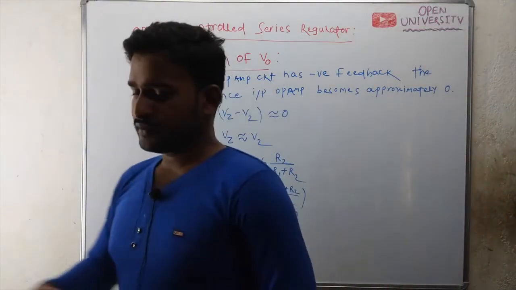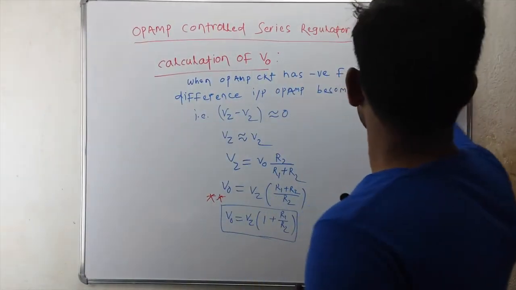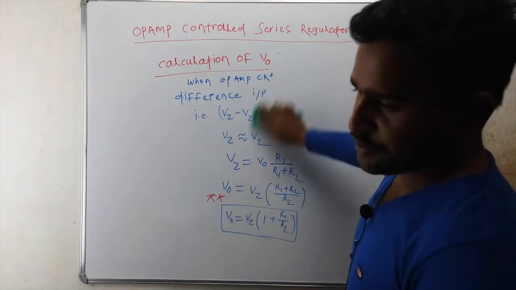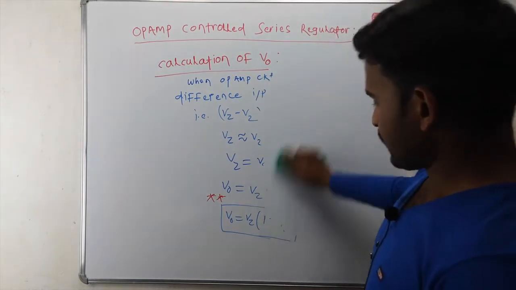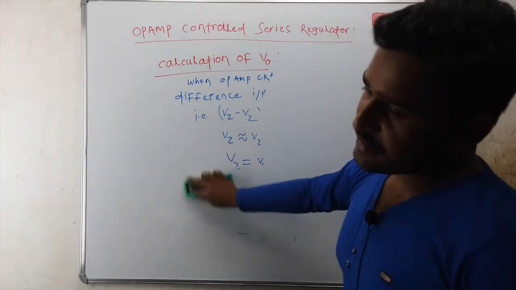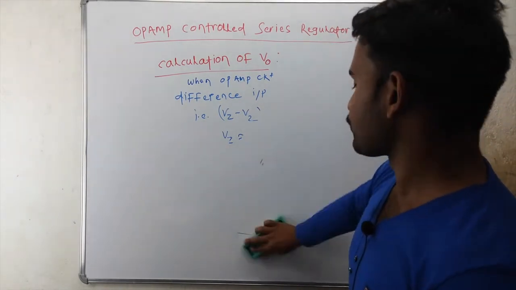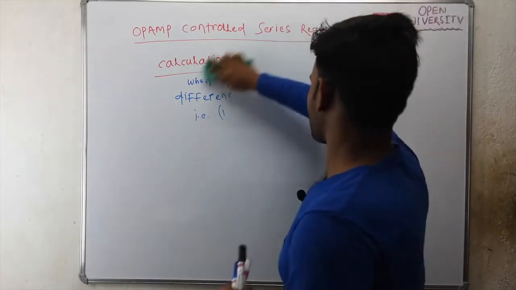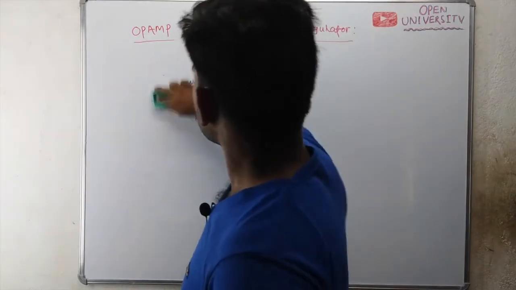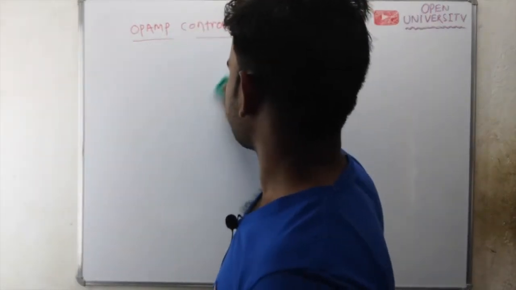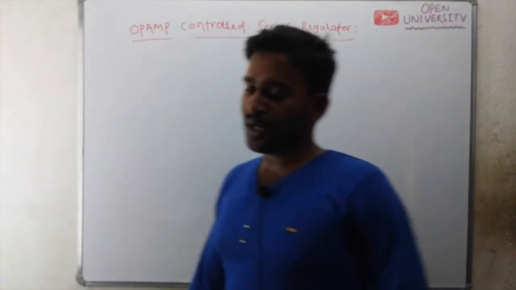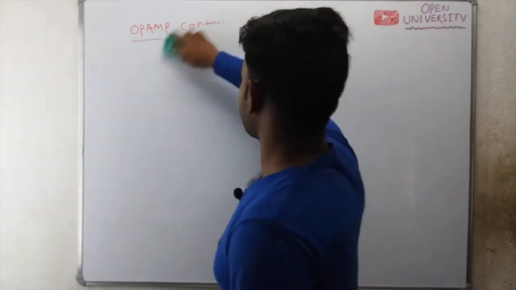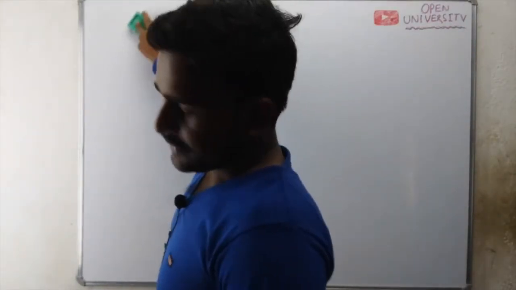Write down one question on this topic. In the circuit shown, the Zener diode has breakdown voltage 6 volt, and the supply voltage is 15 volt. Calculate: